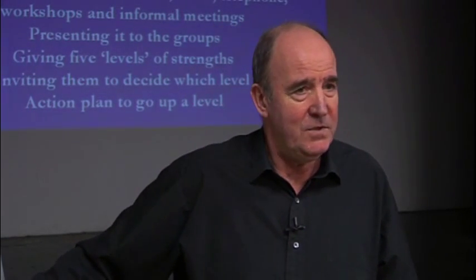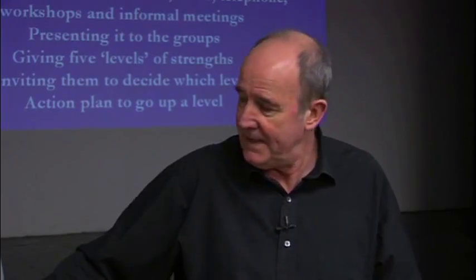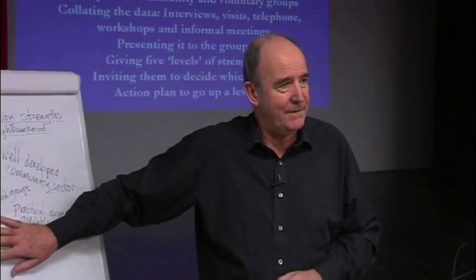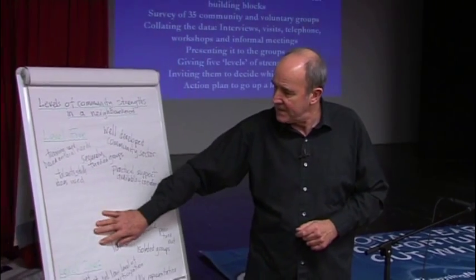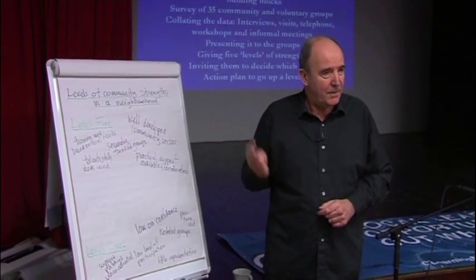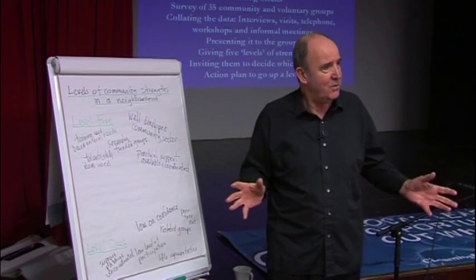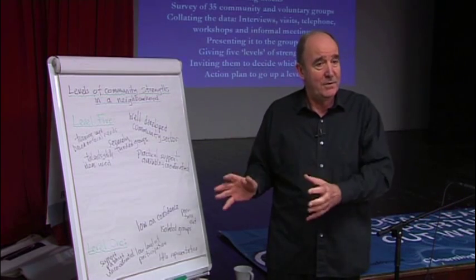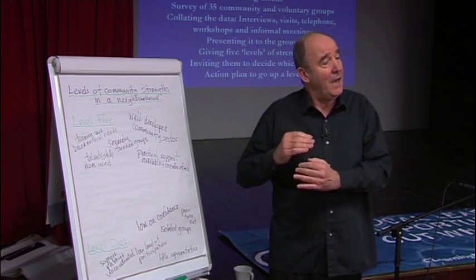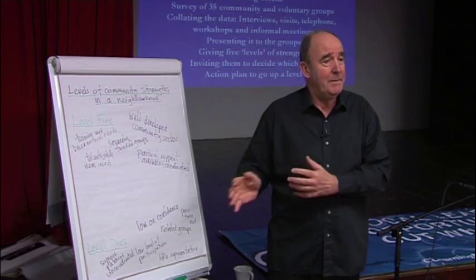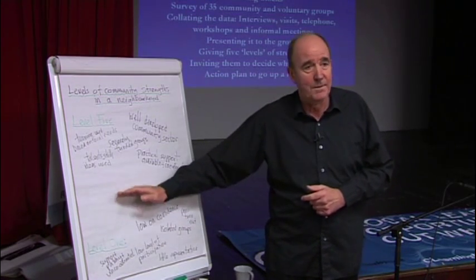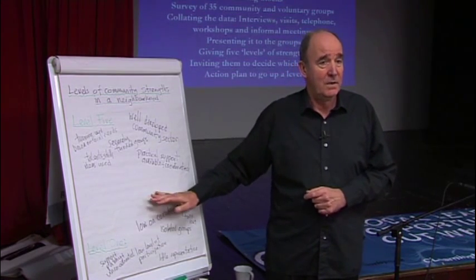We then used the rest of the meeting to do some action planning to help the area move to level 3. So it would be moving up a level. On the 4 blocks, we just split up into 4 groups around the room, and each group focused on a particular block. How can we move our neighbourhood to go up a level in terms of its level of organisation?